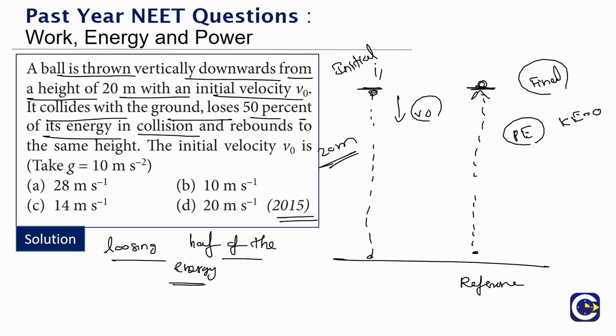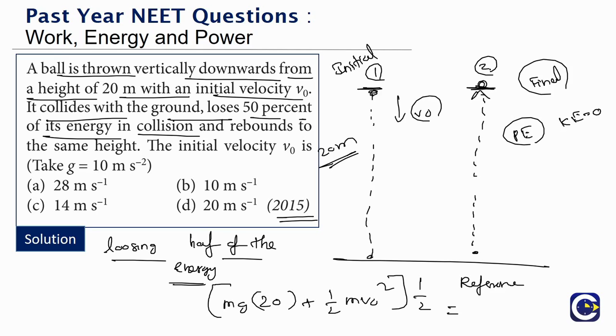So the relation is, when it is losing 50% of the energy in the collision, look at this. What is the energy at position 1? m into g into 20 plus half m v0 square. Correct. Now half of this